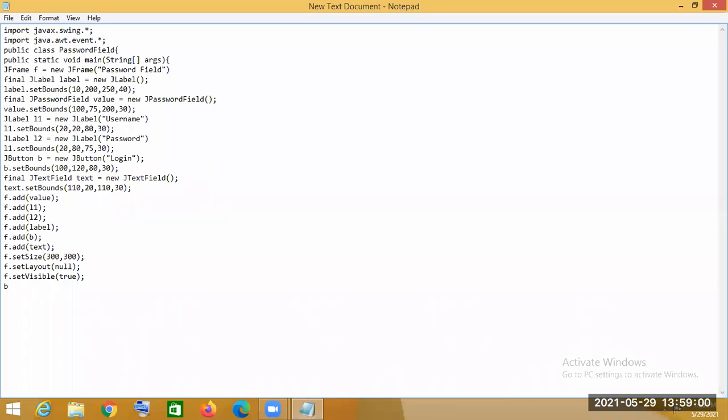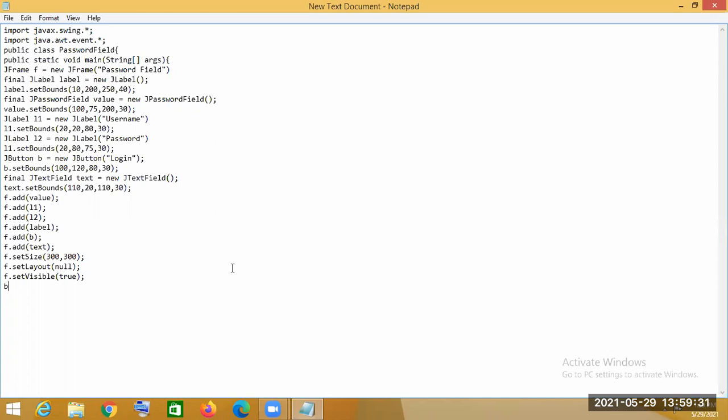After that, all the components have been added to the frame, and we have fixed the frame size, frame layout, and whether the frame should be visible or not. So now what we have to do is declare any event that is generated by the button, because we want that after pressing the button, an event should be generated.